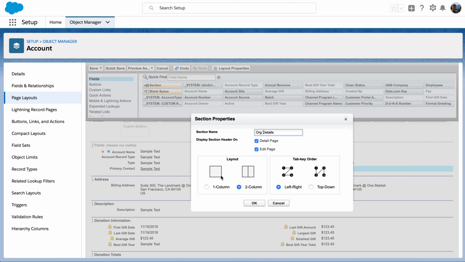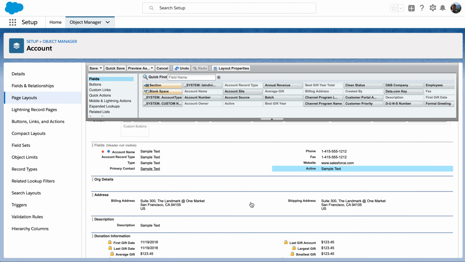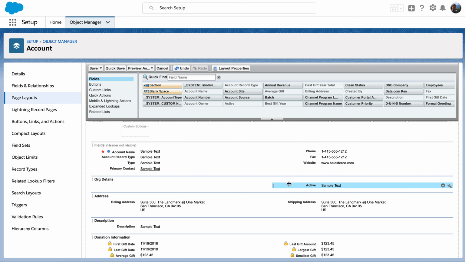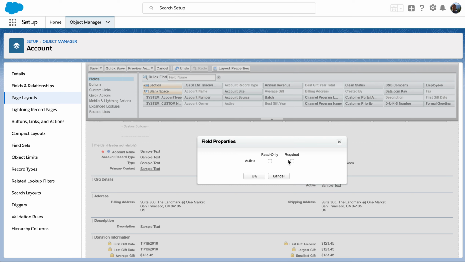And you can decide if it's going to be two column, which we usually do, and the orientation is left to right by default. And now I can pull in fields in the left column or the right column into this section. Further, I can customize that field to specify if it's required or not. This is really the preferred place to decide if a field is required or not, because many times we really